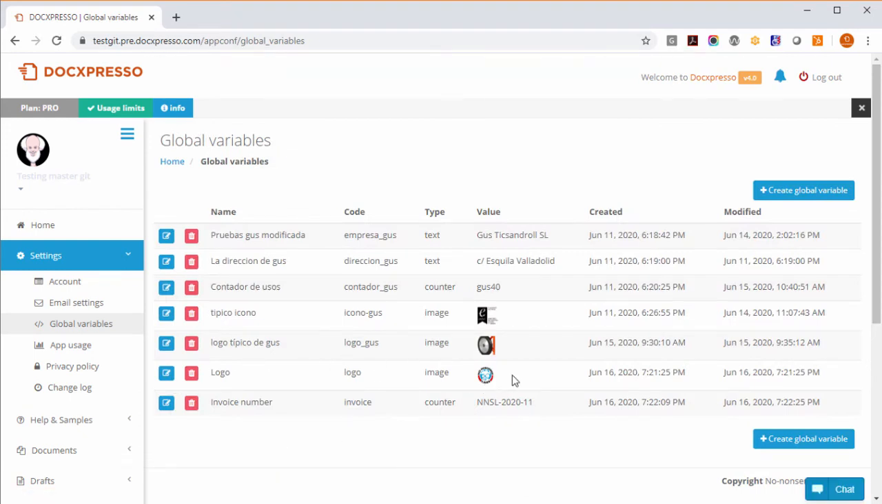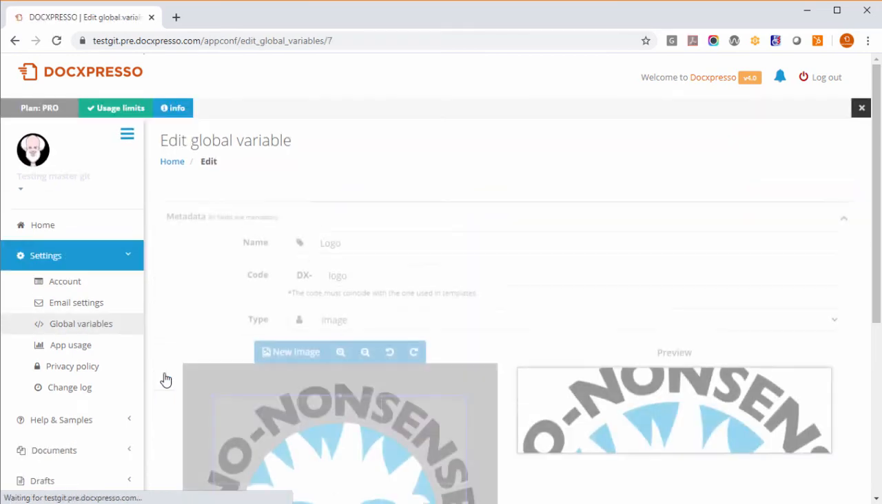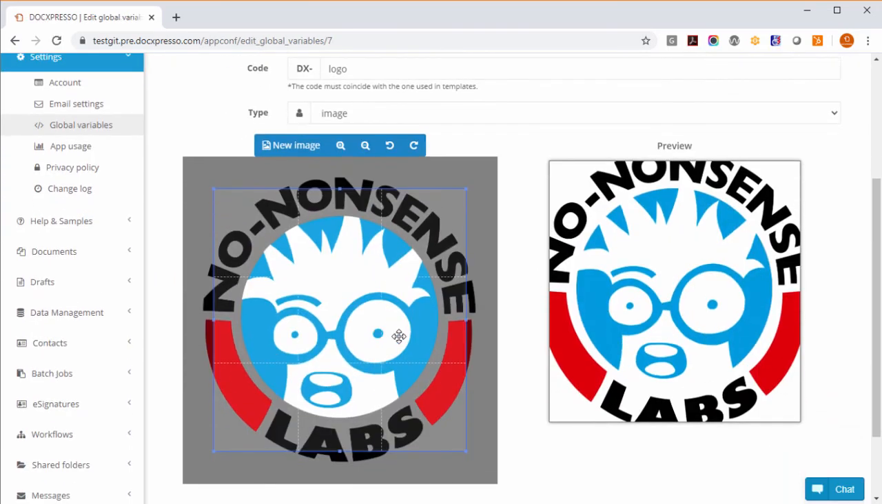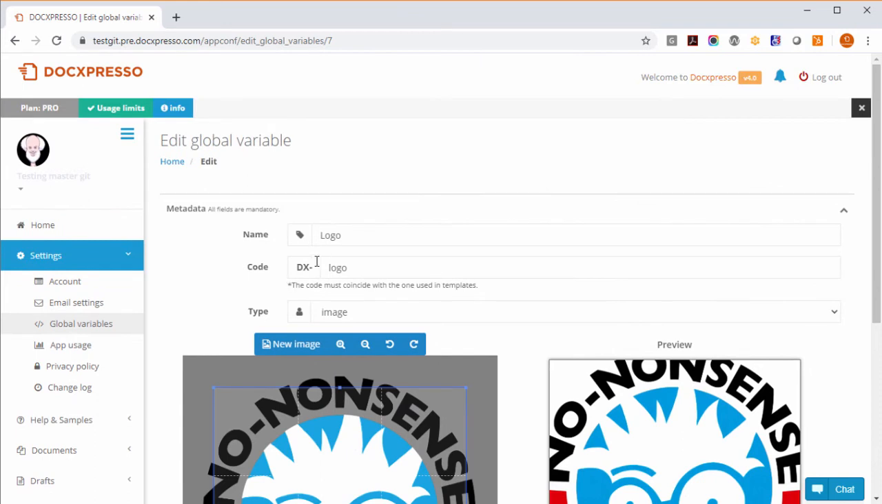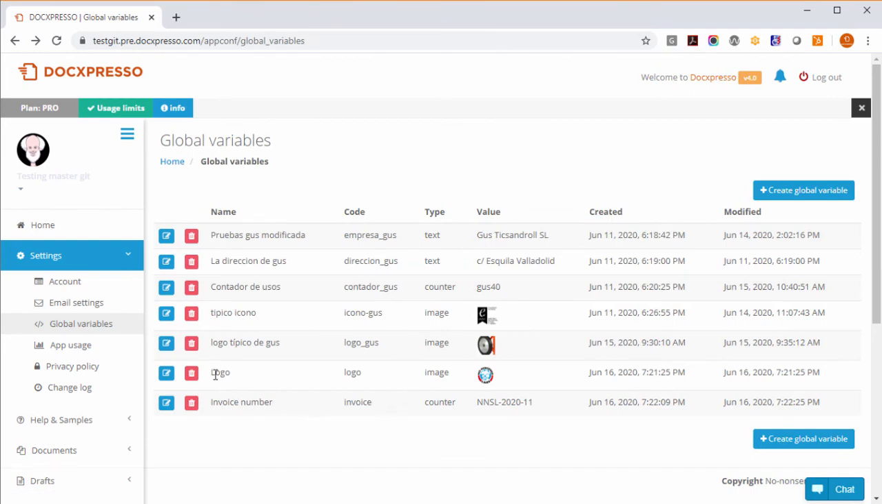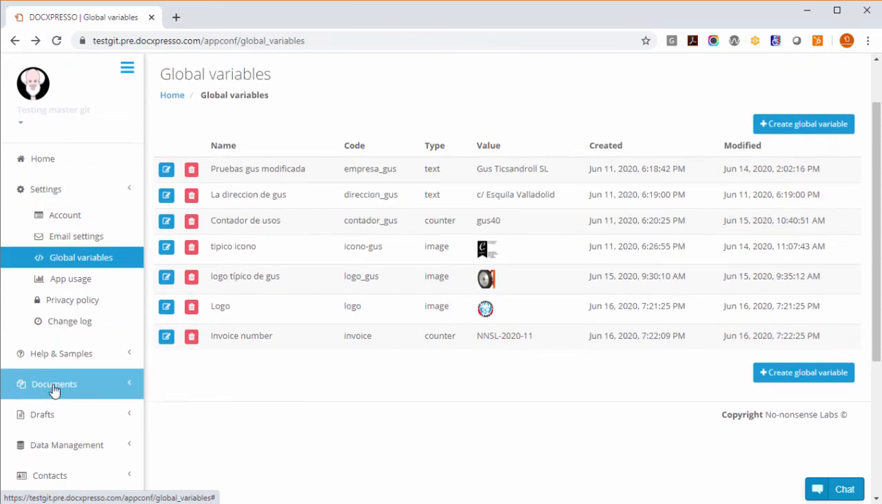The other variable that we were using was an image. So if I go here, I already uploaded this logo, and I use the name that was used as a variable in the template, that is dx logo, and I declare it to be type image. So in principle we already have defined in our Docxpresso instance these two variables that we are going to use in our template. So if we go back to that document,